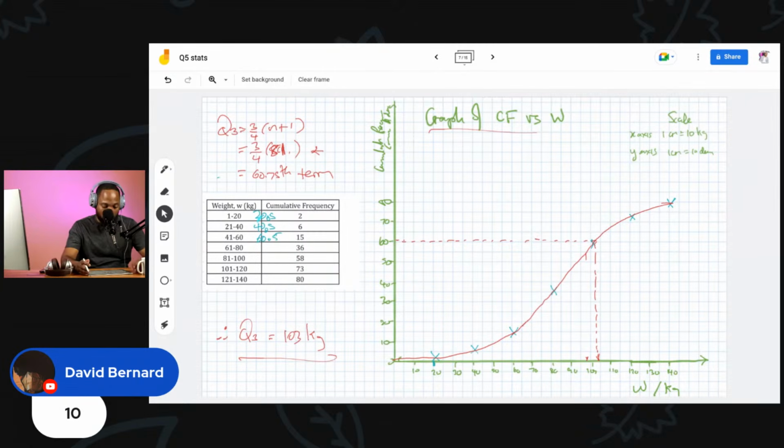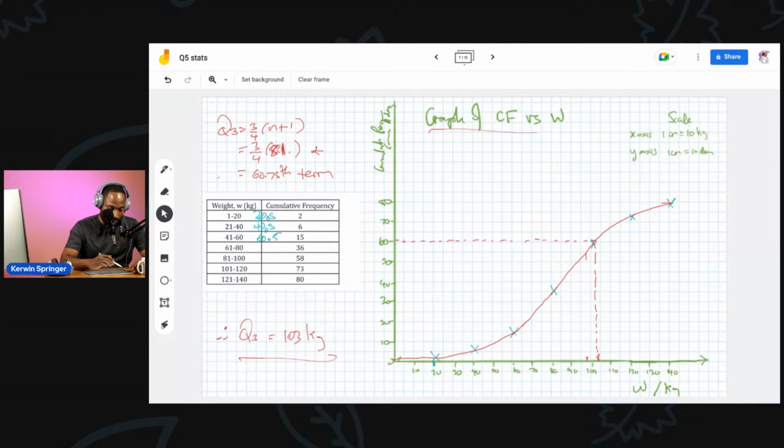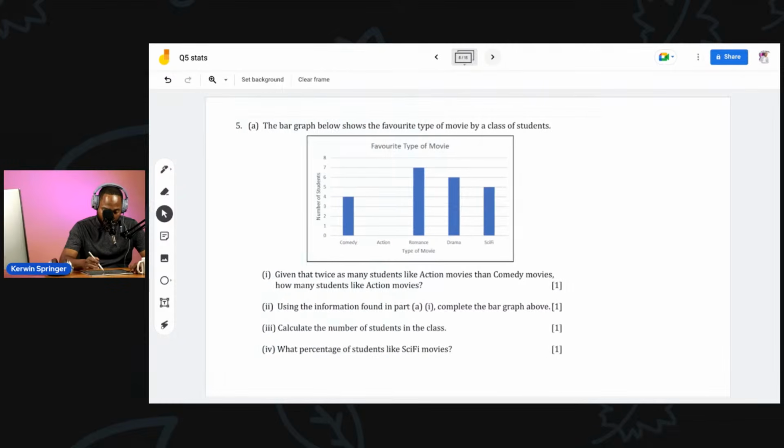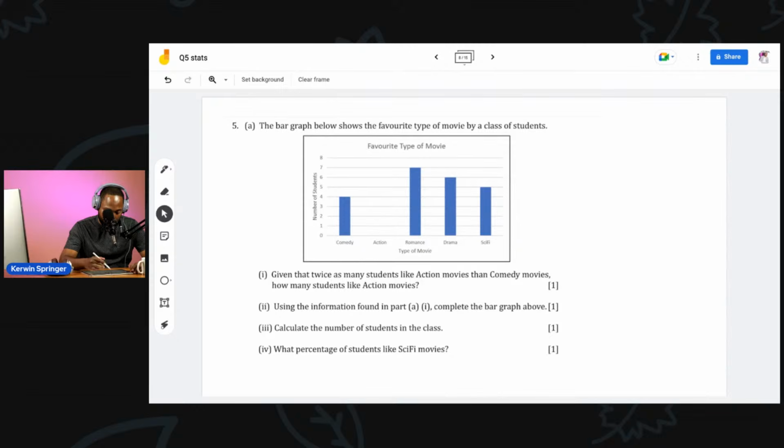All right, number 5. The bar graph below shows the favorite type of movie by a class of students. Given that twice as many students like action movies as comedy movies, how many like action movies? So how many for the action? You need to read off. I love when they bring bar graphs. They're like 3 marks. So action movies would have to be 2 times 4, which is 8